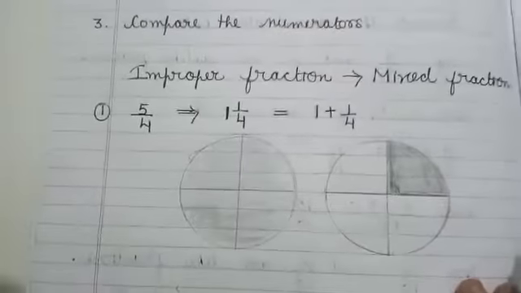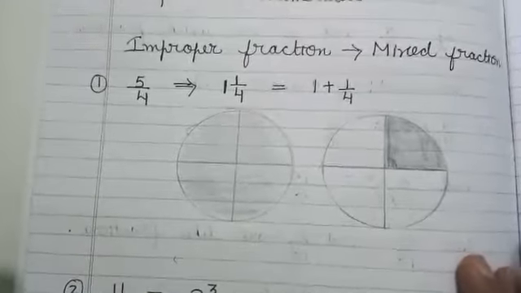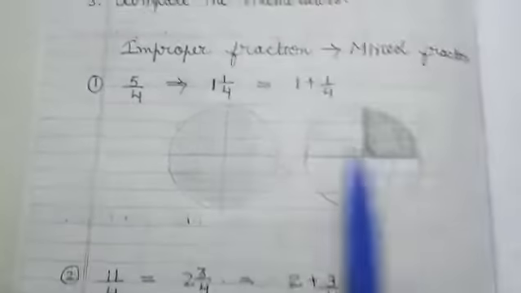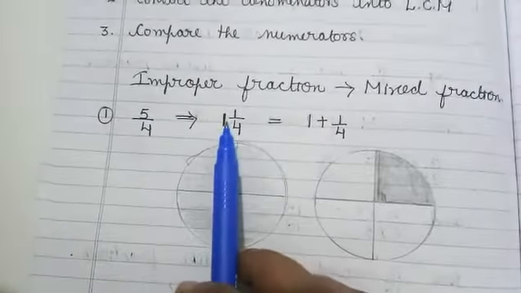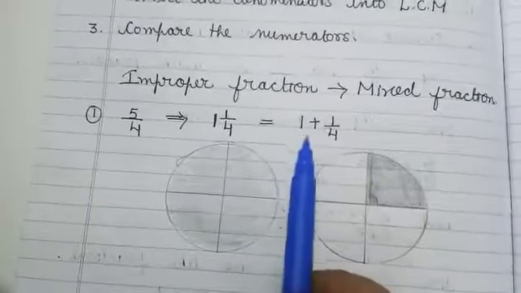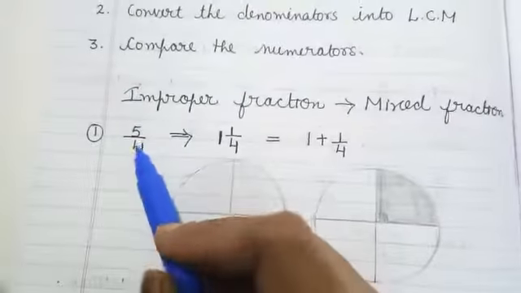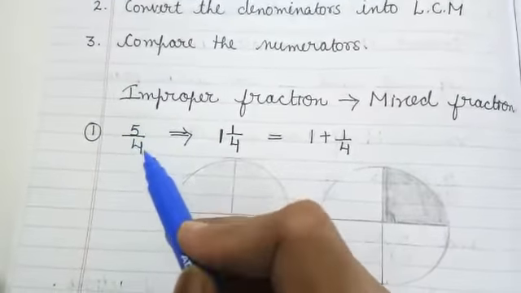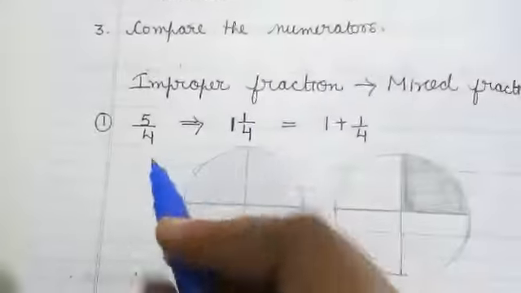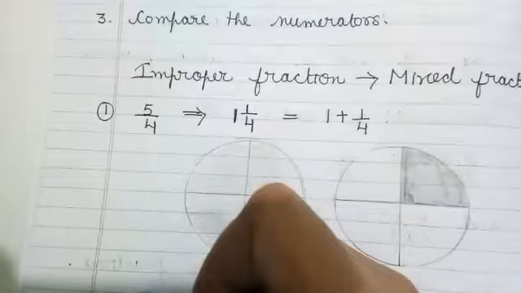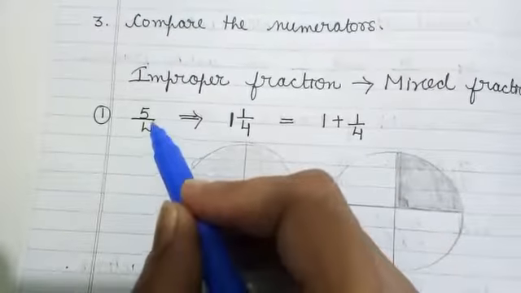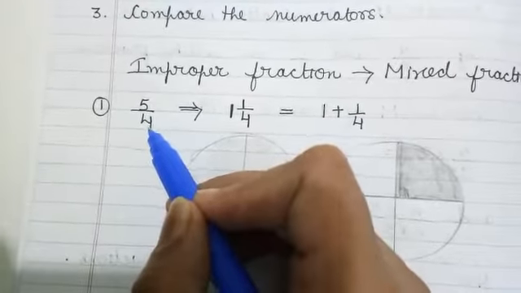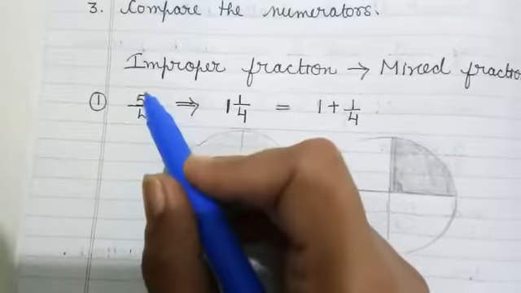Now the very important topic that I told you yesterday was the improper fraction, and I told you how to convert an improper fraction into a mixed fraction. So here 5 by 4 can be written as 1 whole 1 by 4, that is equal to 1 plus 1 by 4. Class, I told you yesterday that 5 represents the number of equal pieces taken and 4 is the total number of pieces divided. Now see, if you divide one whole thing into 4 equal parts, the question arises how we can take 5 out of 4. If we have 4 equal parts of anything, then we can take a maximum of 4. Then how will we take 5?